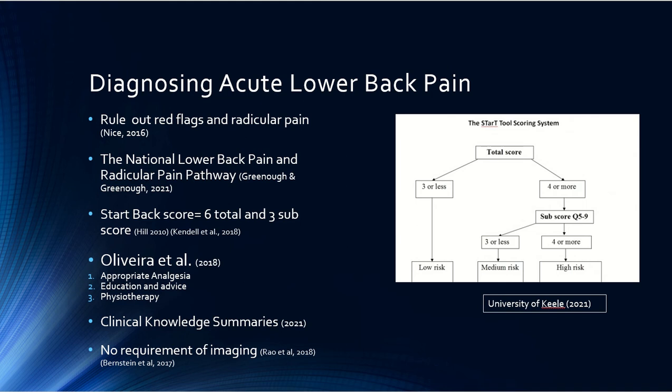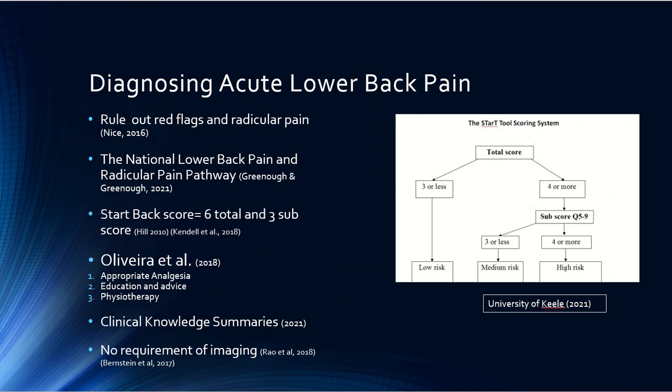Available local policy by the Derbyshire Trust also supports this assessment, and once established as non-specific or mechanical back pain presentation, we should look at treatment according to Oliveira's review of managing acute lower back pain. In primary care, it suggests 3 approaches. Firstly, appropriate tailored analgesia, which this presentation will cover. Secondly, advice and education on back pain management. And finally, a consideration of physiotherapy referral, which was offered to this patient but declined as he was already under